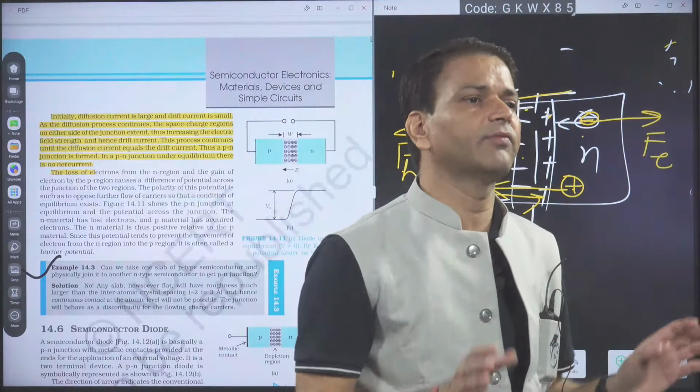So always they will give the nearby range also. Suppose they are asking at this potential what is the dynamic resistance, so they will give some nearby values. Like here, if I'm asking what is the dynamic resistance when the potential is 0.5 volt, they will give nearby values. We can take a small range where this graph is a straight line, then we can find delta V by delta I. So what is the delta V? Suppose these two nearby values are given, so we will find the delta V.